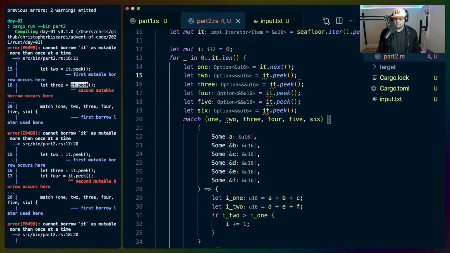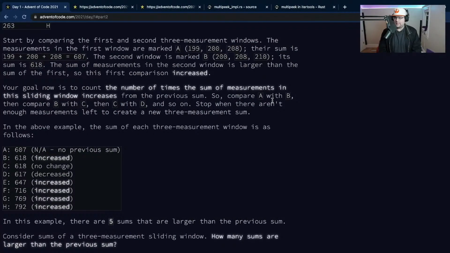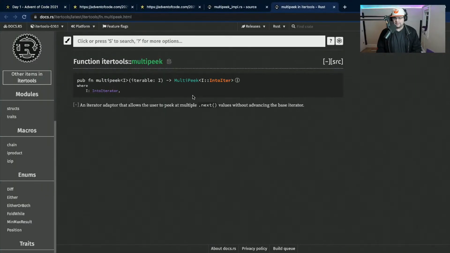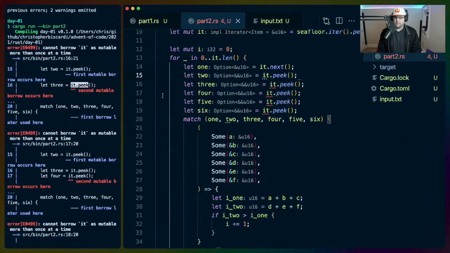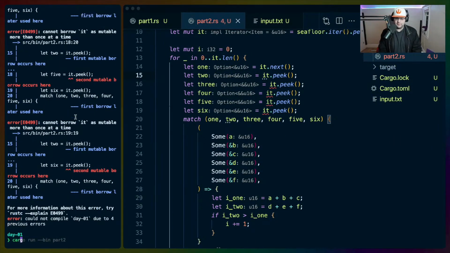Let me check the multi-peeks thing over here. Maybe that solves that for me. Maybe that's why. I didn't think I needed to do that. I've definitely done this without itertools before.